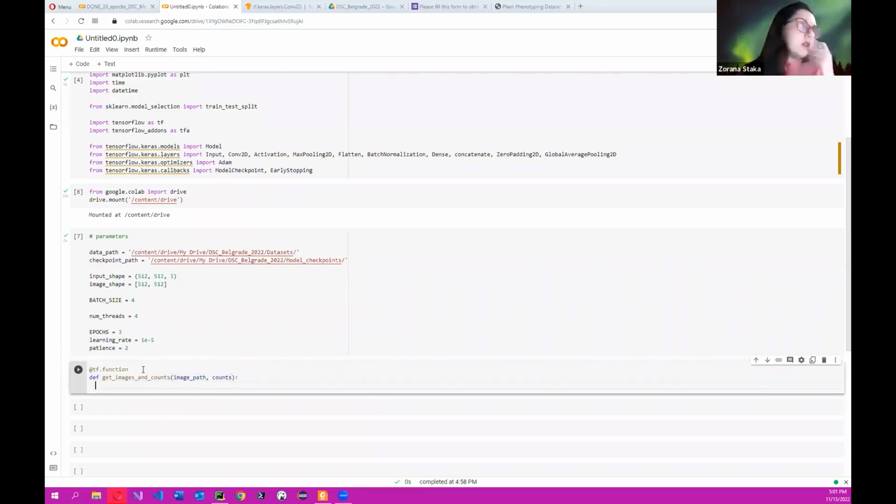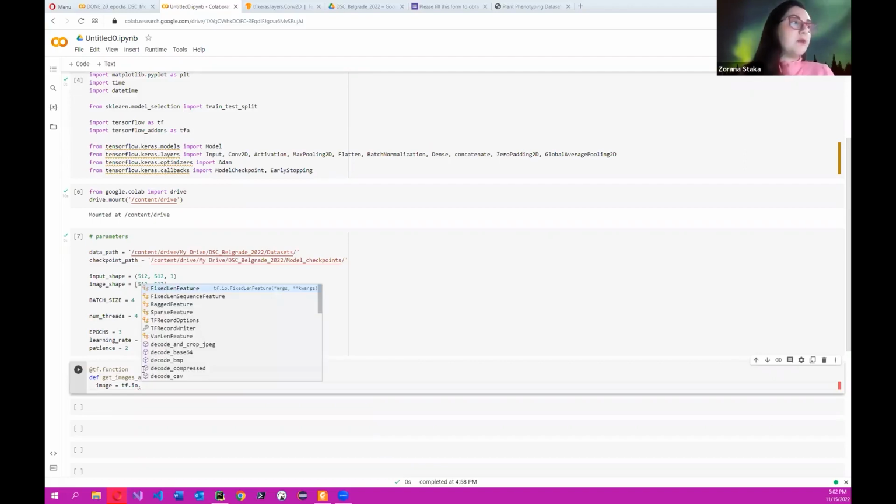So this is just like a regular function. It has this def, it has a name, it has parameters. And here we do something with this image. First, we're going to get the image path, so it's going to be a string. And these images are PNG. So we're going to transfer that to something that can be held in memory, like a tensor. So we're going to go with decode PNG,